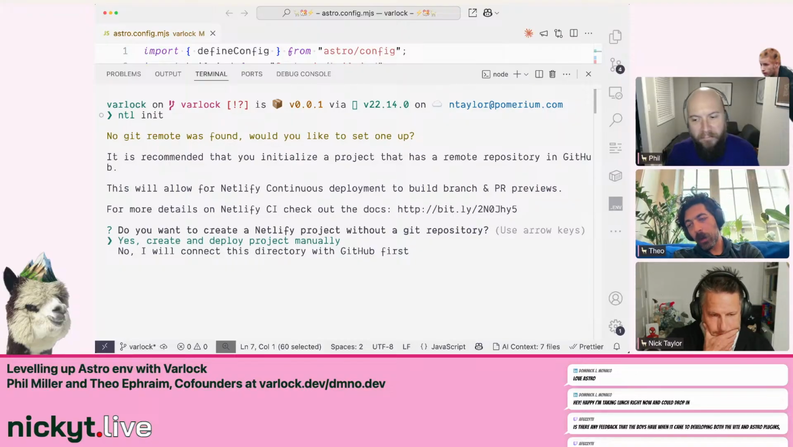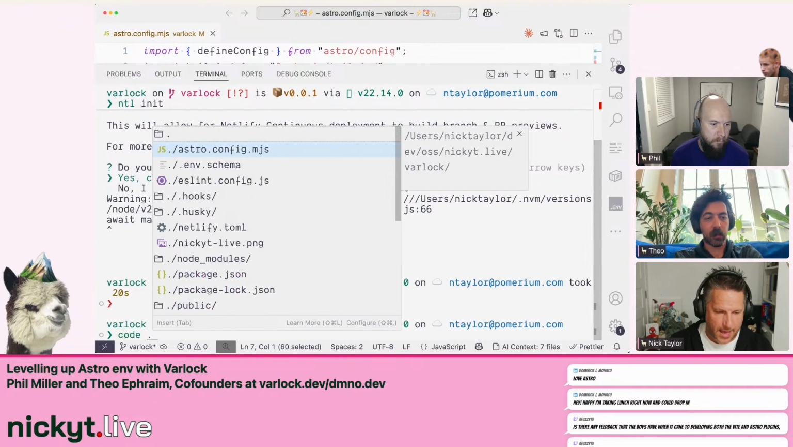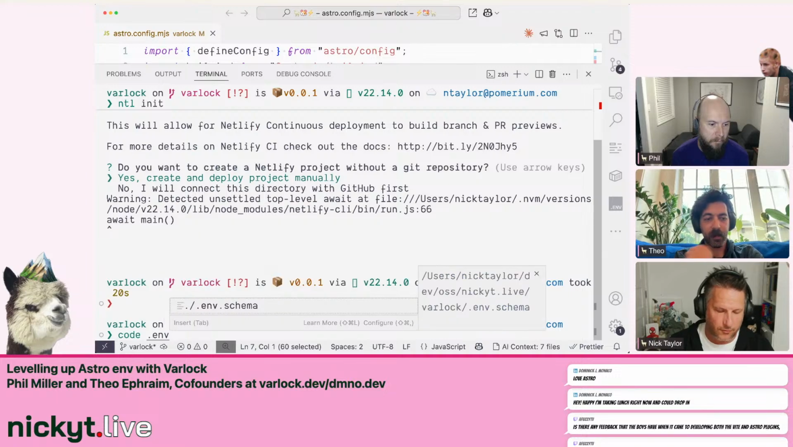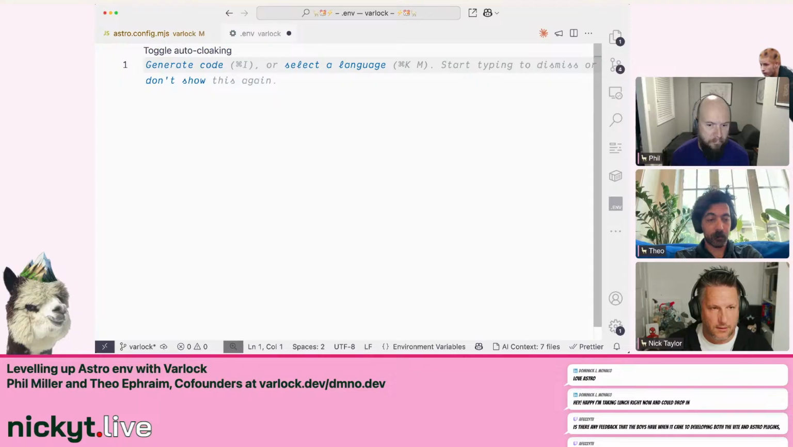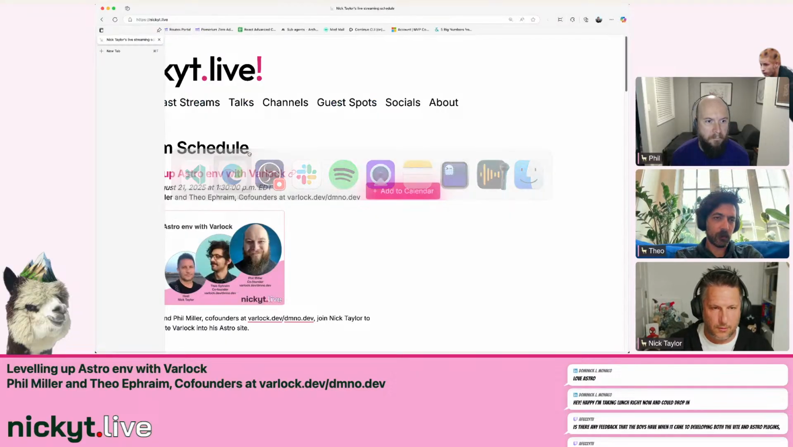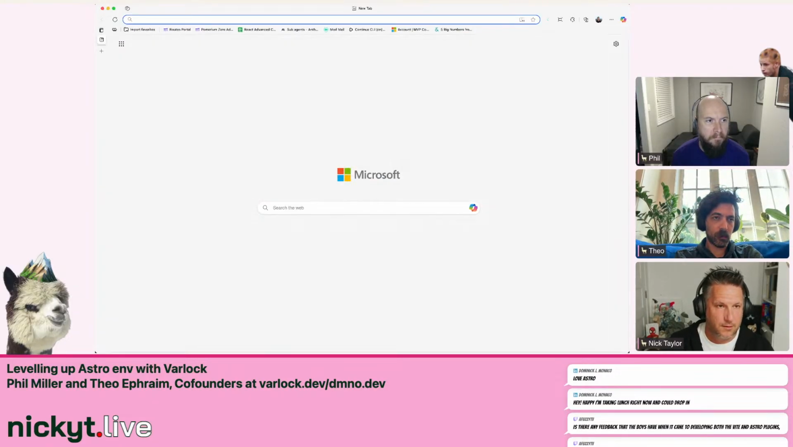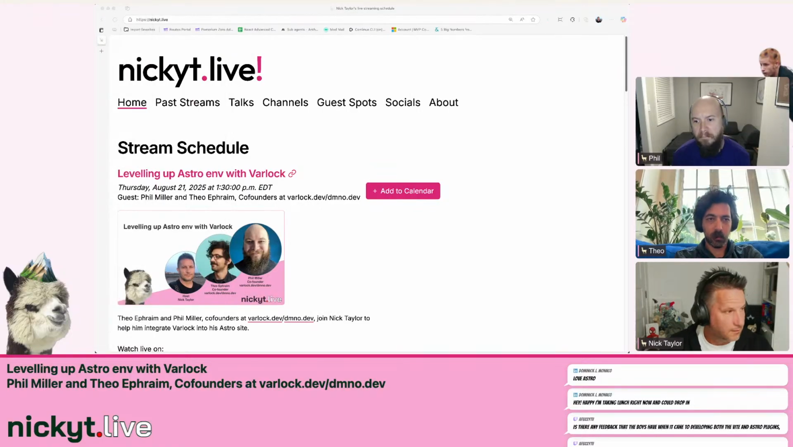Don't worry about it. What we could do is make a dummy env file first, and just do a project find for import.meta.env. Cool. I'll get the actual names of the variables from Netlify. I'll just log into Netlify. So let's do that real quick. I'll do this off screen because